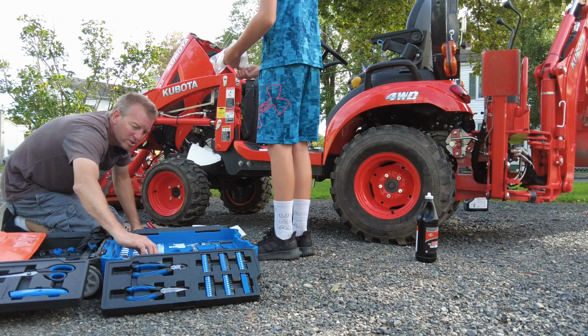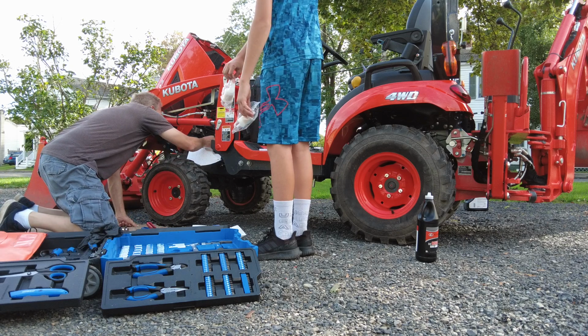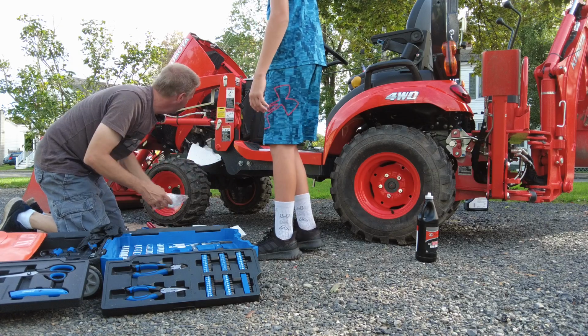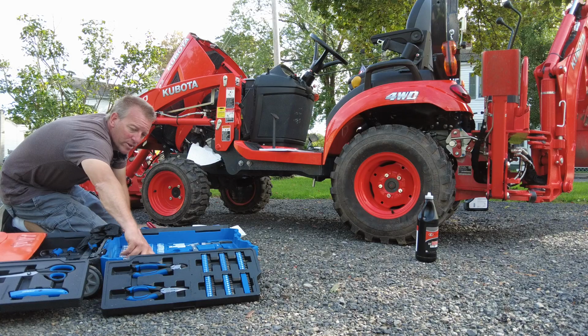So let's see what size this thing is, so that we can get this off. So why don't you bring the camera over here for me? Yeah, alright, so these are the fuel filters. So we are going to change